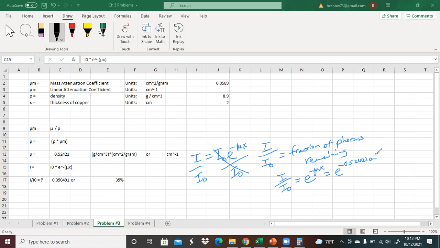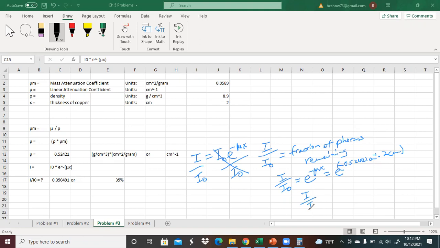times centimeters raised to the -1 power times, in this particular case, I changed the thickness of the copper to 2 cm, and that's a pretty thick copper. So put those values in. If you do all of this, basically you have E raised to whatever the product of this turns out to be. And as it turns out,